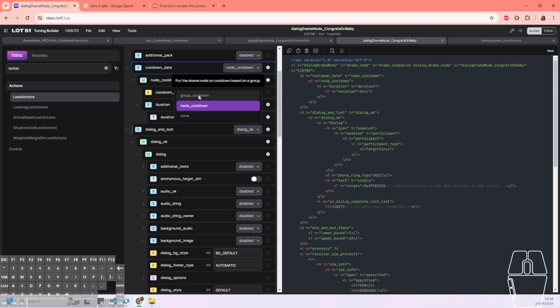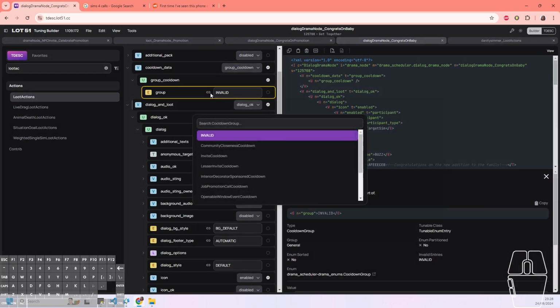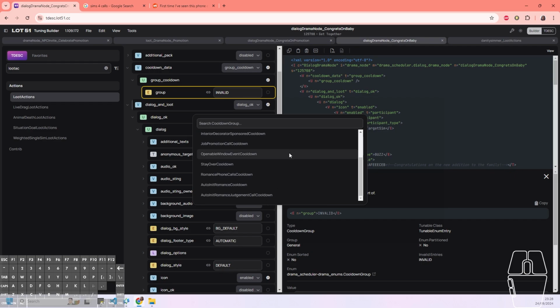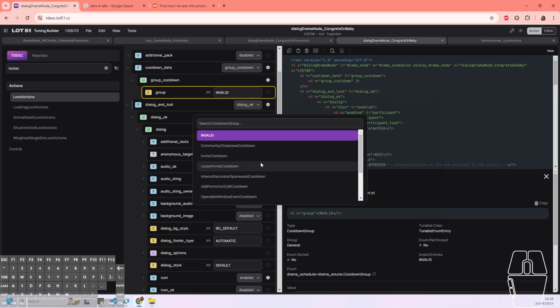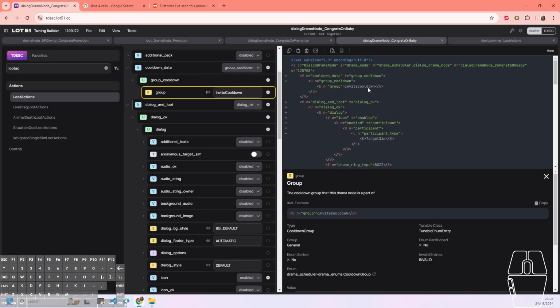I don't use group cooldown because obviously you cool it down depending on the group. So for example, the invites cooldown is based on the invites that your sims get in the game. So you can pull it as invite cooldown. It will cool it down according to the cooldown that's in this group. Whatever the cooldown is in this group is the same that's going to apply to your own personal drama